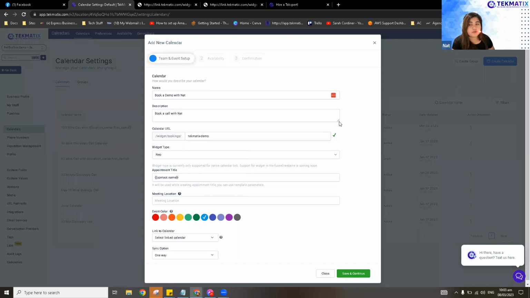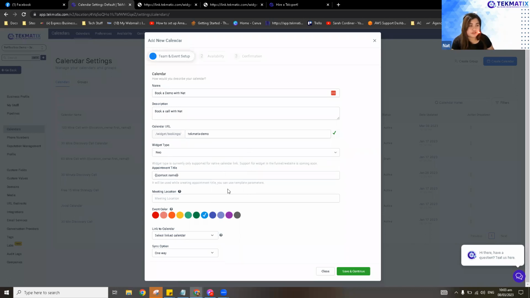After that, on the chat widget, you can choose Neo or Classic. Basically, it doesn't have any particular changes. For meeting location, this is where you can put your Zoom link, your Google Meet link, or your physical address. And after that, I think this is what Lacey is asking about.